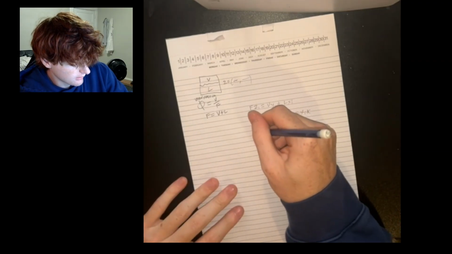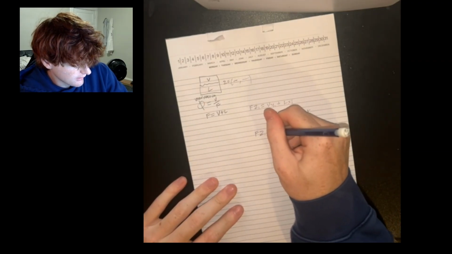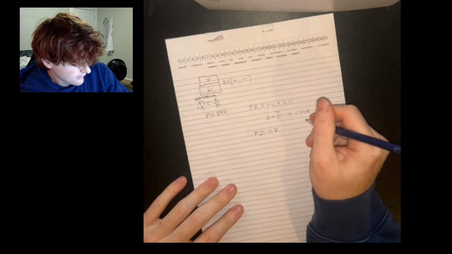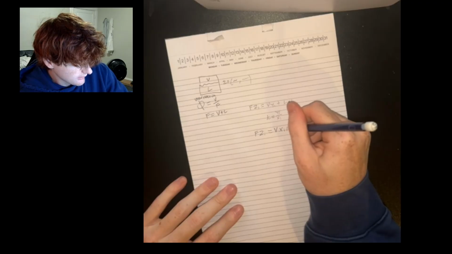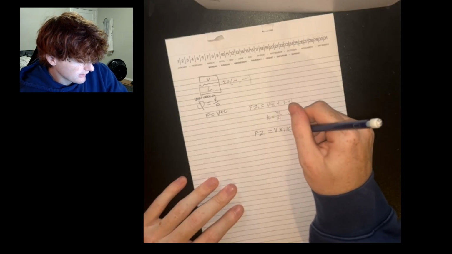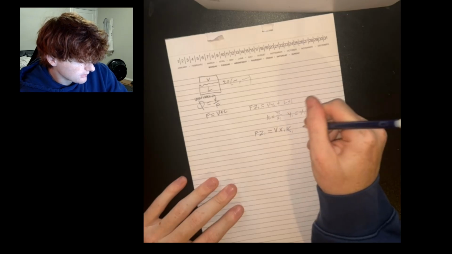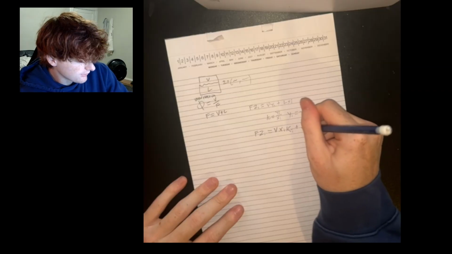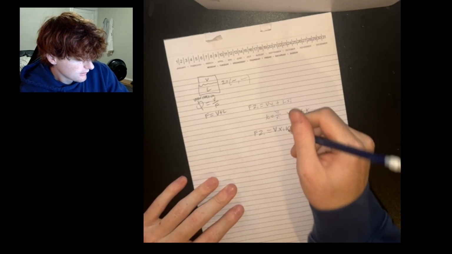So we get F zi is equal to V xi K, so of our component, and then we have plus L xi,